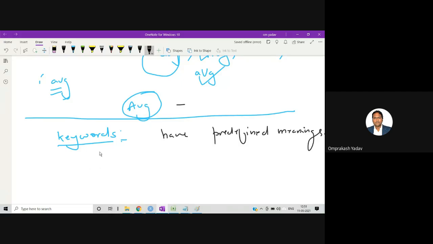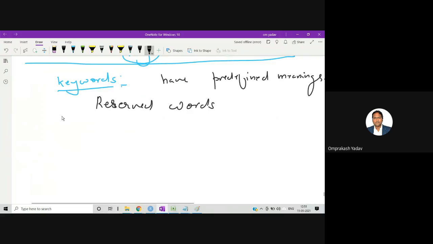And these are also called reserved words. So these words are reserved. You cannot use the same words for declaring any variable names or identifier names. If you try to declare any keyword as your variable name, for example, there is a keyword int. For declaring a variable, we write like this: int x. So here I have declared variable x with the keyword integer.